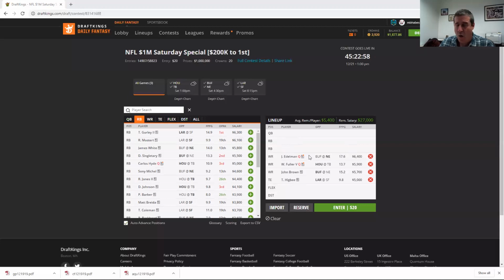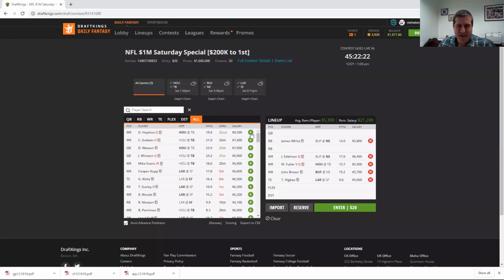Higbee. Or if you couldn't really play Singletary, because Singletary doesn't really match that game script too well, right? If you're going to play Edelman and John Brown, having Singletary, a grinded out runner, it's not really the greatest correlation as far as this lineup goes. Of the guys that I mentioned, and Mostert also, he's not the guy. The guy who I mentioned that fits this build the best of those guys who are all about 30%, that project very similar to one another, is actually going to be James White,